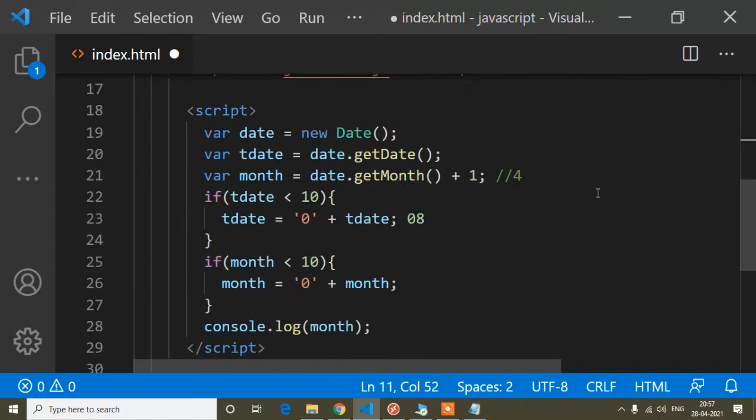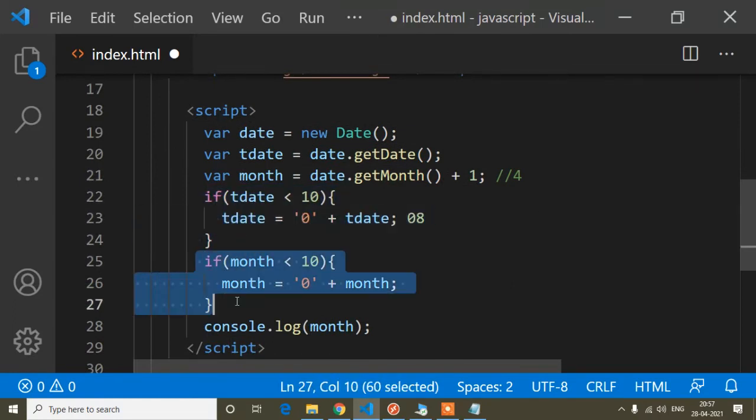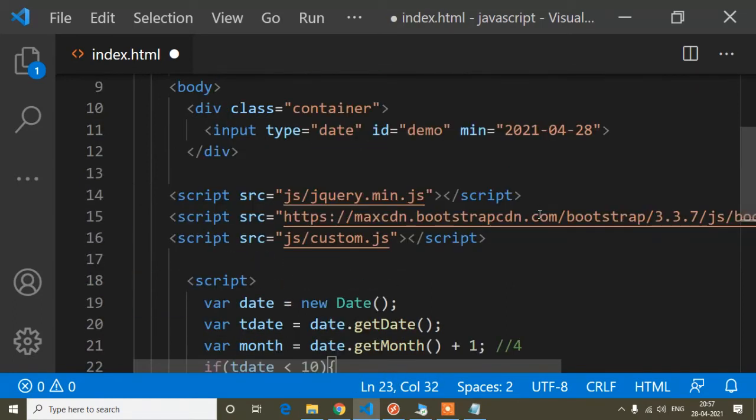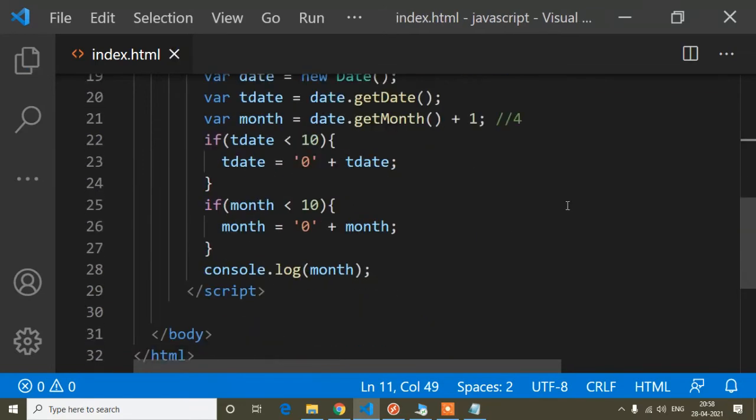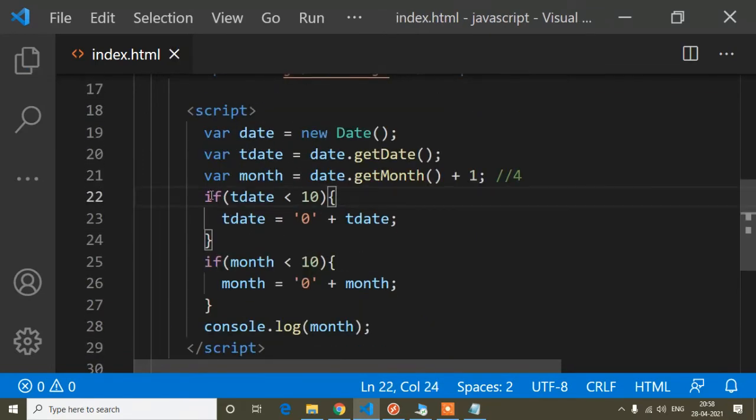Okay, so that's why I have written this condition and this condition, because I told you that when the month is 4, you cannot write it like this way, you have to write 04, and the same way 08 or 06, like this. So it takes two string values here and also here, and for year it will take four string values. This is the format to set the main property. Okay, so now these are done.